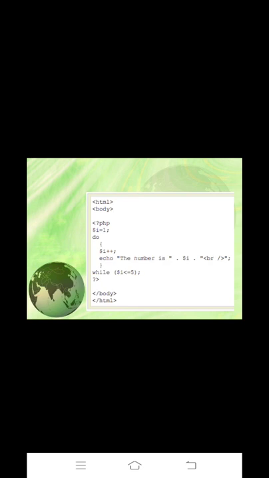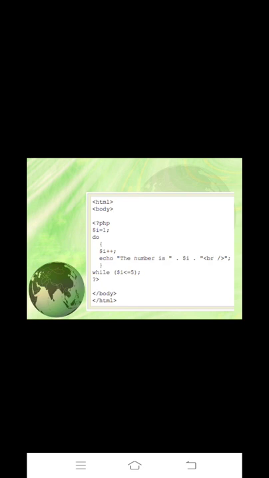In the while statement, the compiler first checks the condition, and only if true does it enter. In the do while statement, it is not like that. The first time it enters directly without checking the condition. After the block is executed once, from the second time onwards it checks the condition. If true, it does it again like this. So in this program you will get the output: the number is 2, the number is 3, the number is 4, the number is 5. That's it.